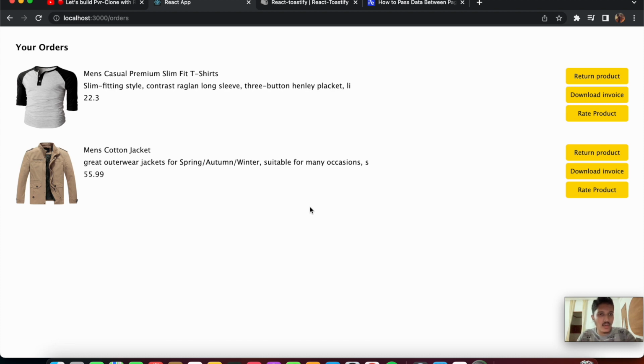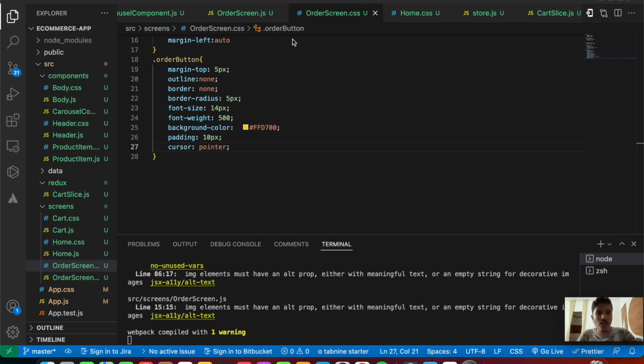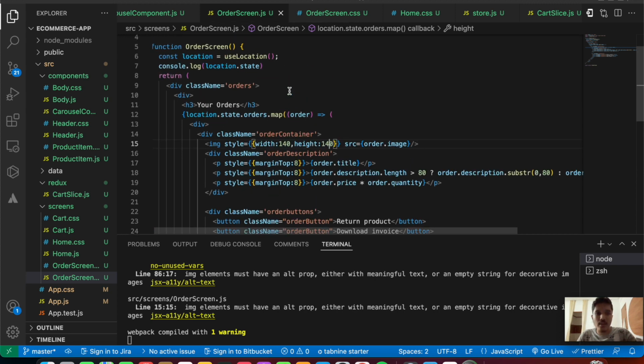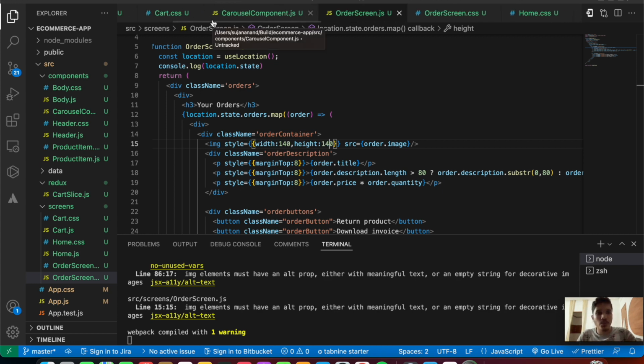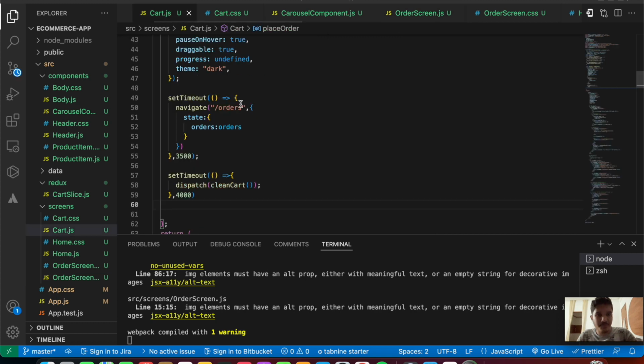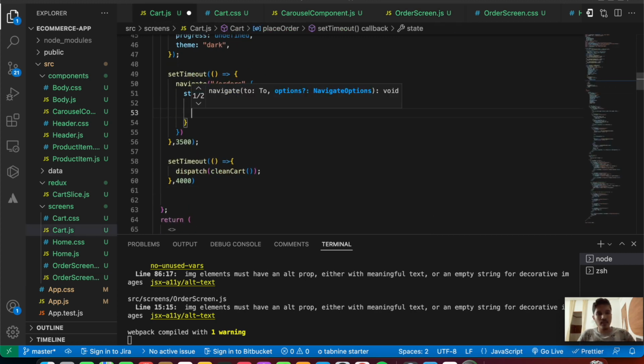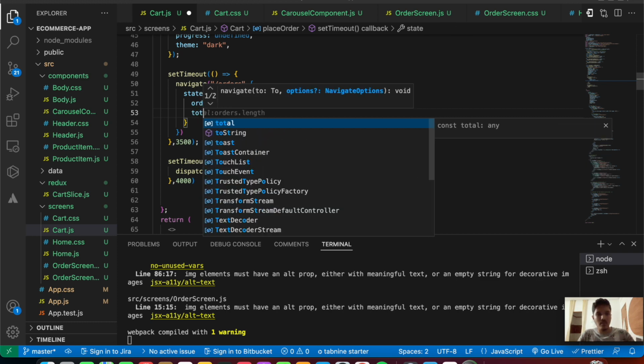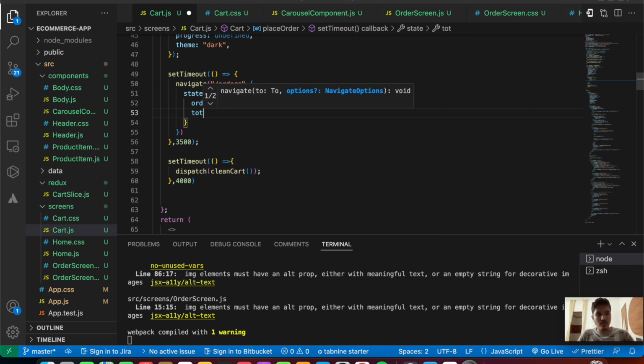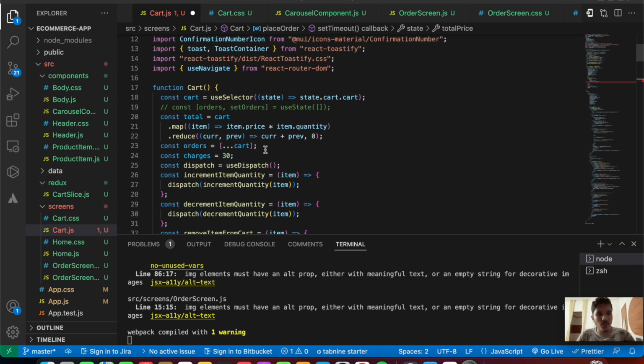We have rendered all of it. These are the orders that are coming from the previous page by making use of the useNavigate. Other than the orders, we can even send one more type of data, that is the total price. So if you come back to our cart.js, you can send the total price like this. Let's write that correctly. I don't think there is any total price, so let's calculate it. We only have the total, so